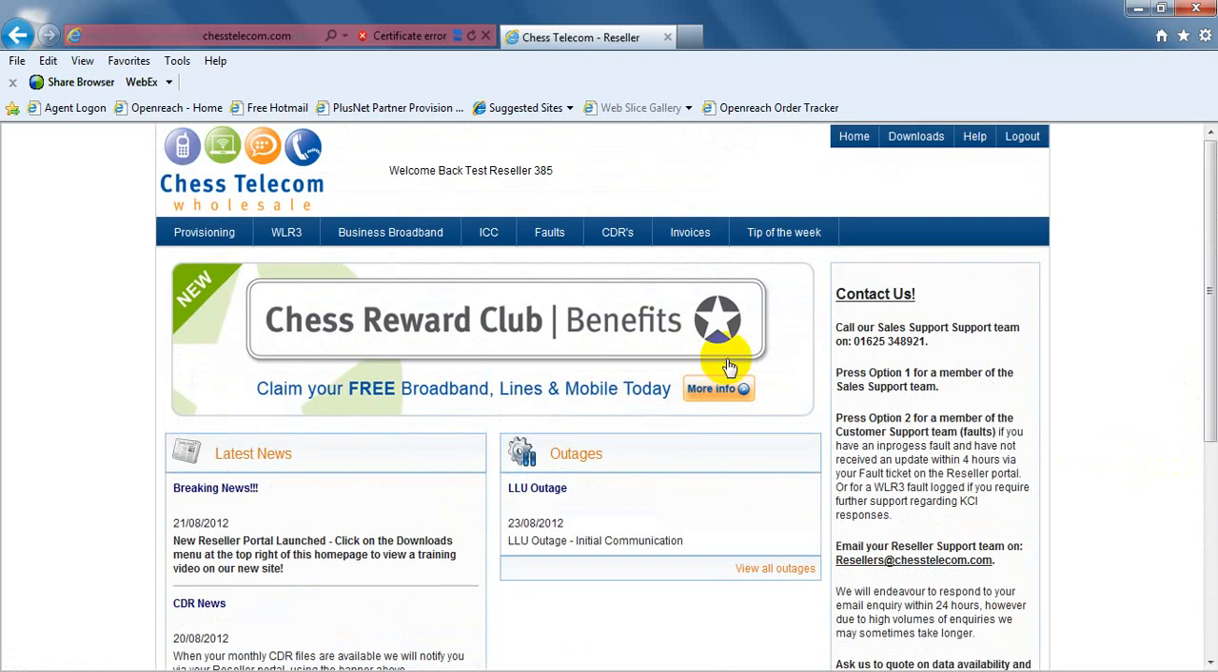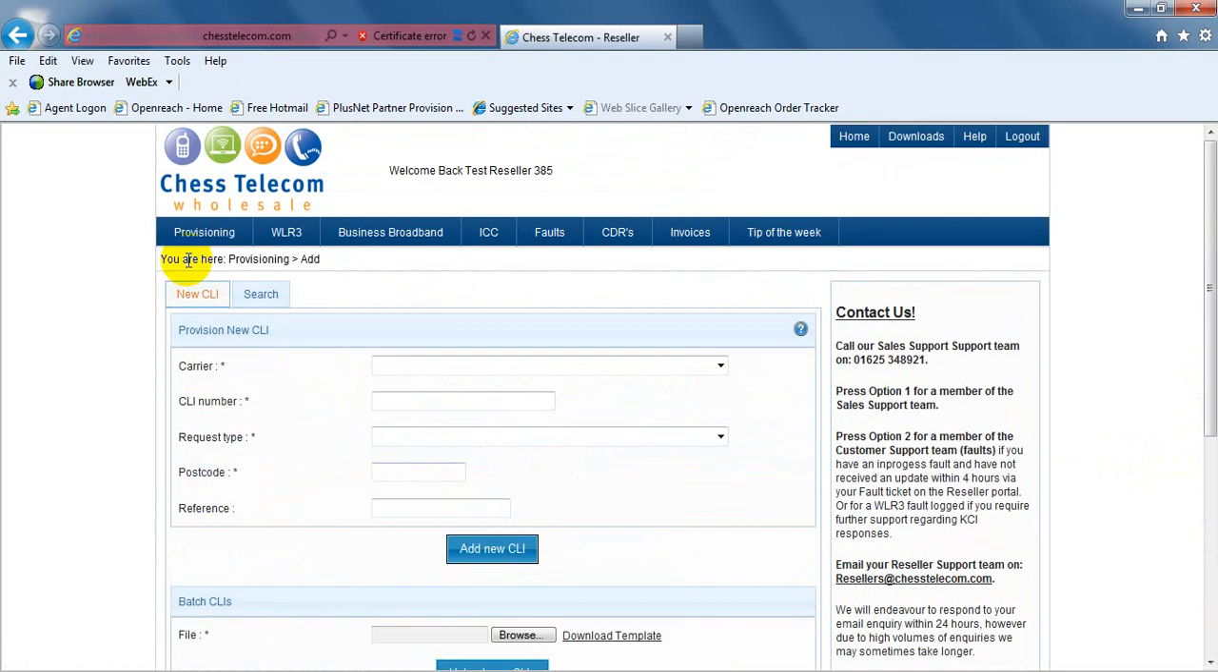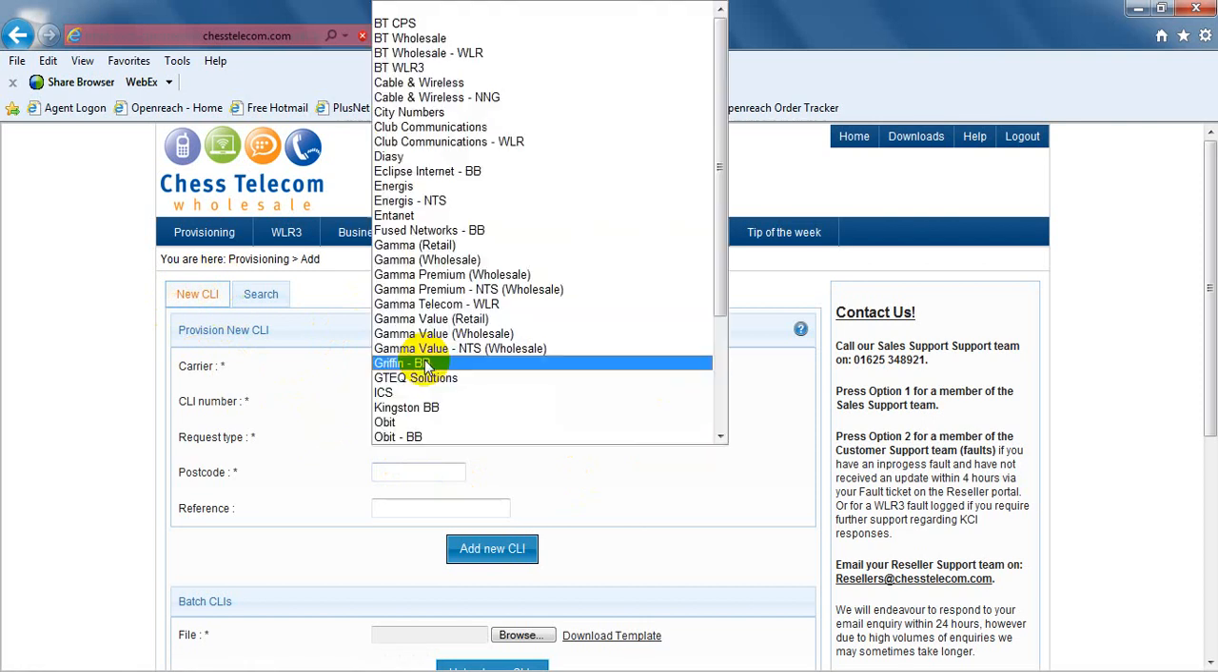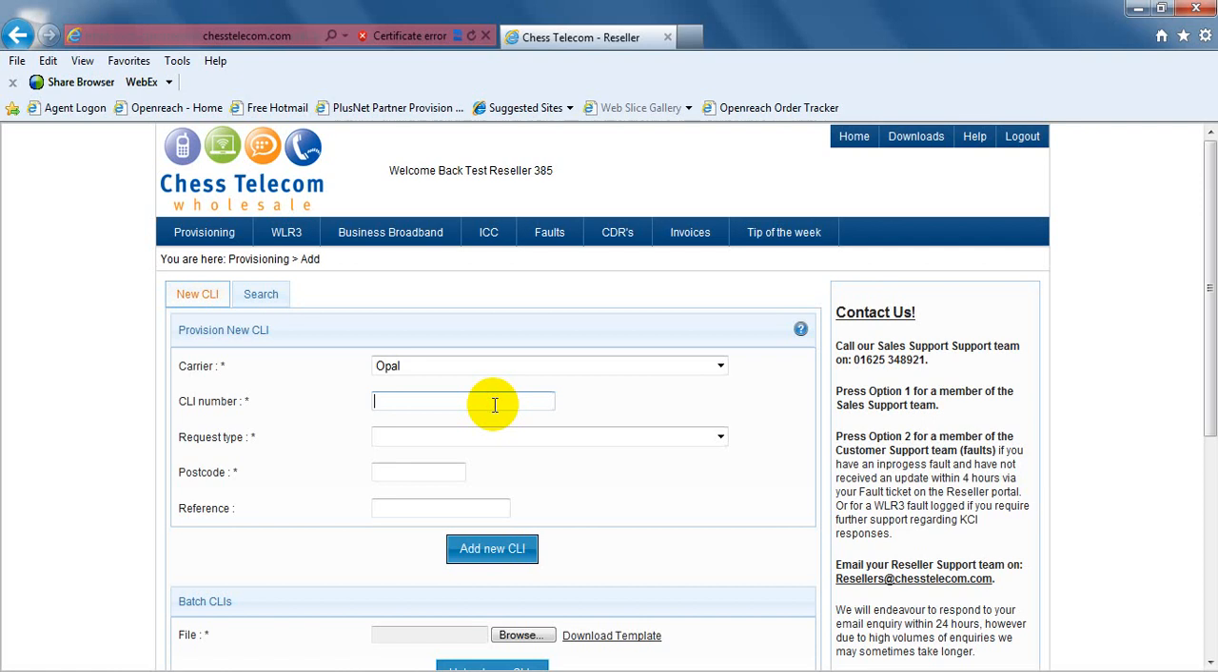Moving on to provisioning, we look at provisioning CPS. This is where once your line transfer orders or new provides have committed, you can place for CPS. You will automatically be brought to the new CLI page for provides. Choose your carrier. Because this is a training video, we have more available than what you will see on your individual accounts. We will start by trying Opal, entering your CLI,